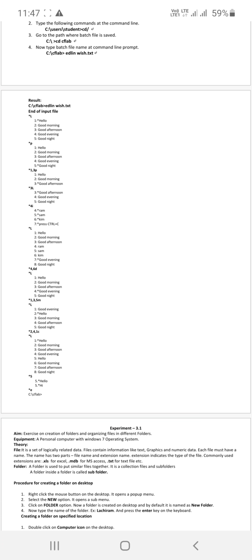So now type Ram in the 5th line, Sam in the 6th line, Kim. So we have to come out from the insert mode. For this we have to press Ctrl plus C. Now we will exit from the insert mode. So now you will see the star prompt.